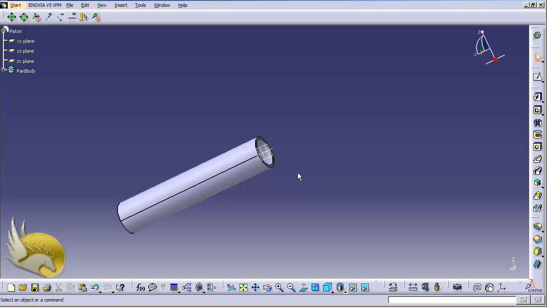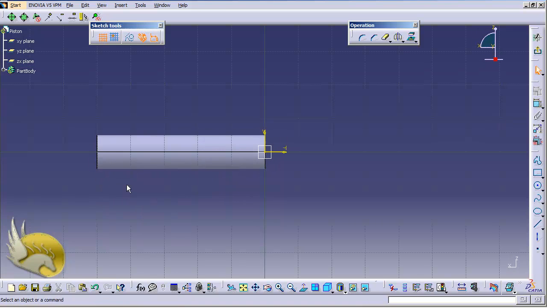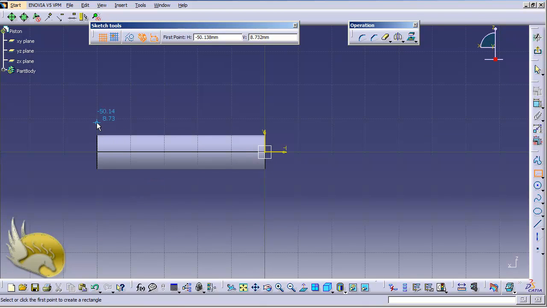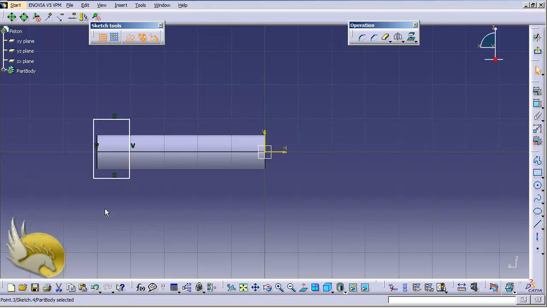Okay, now I want to go to the other side. Again, I need to select the ZX plane, and in ZX plane I go to sketch environment, and I want to draw a rectangle here. This rectangle will be about, let's draw this like this, and then I will add a coincidence with these two lines,